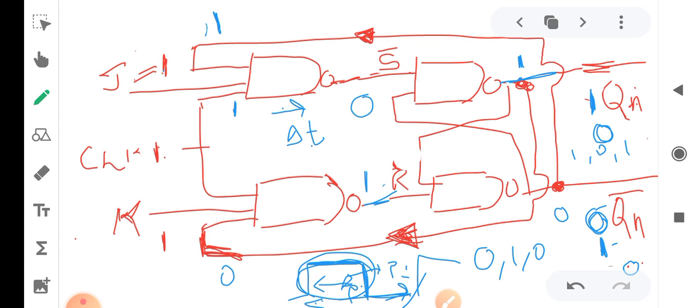So within this delta t, this 1 will be complemented as 0, and then 0 will be complemented as 1,